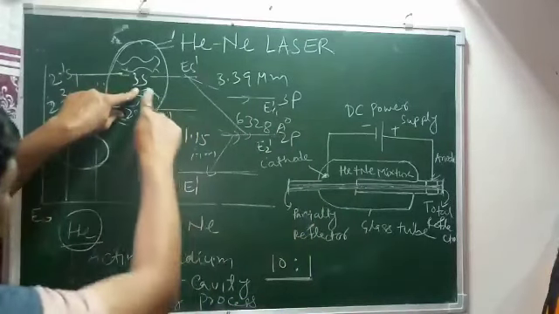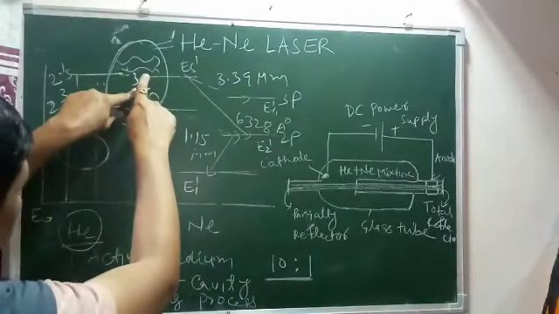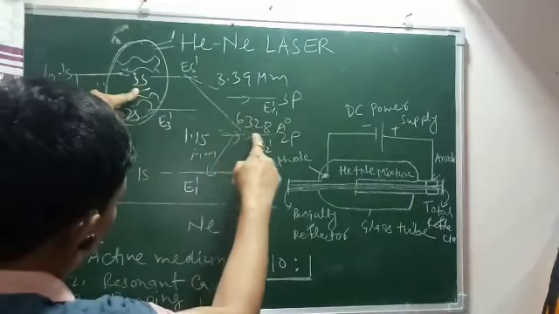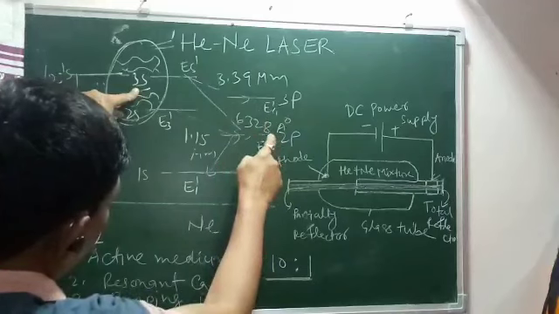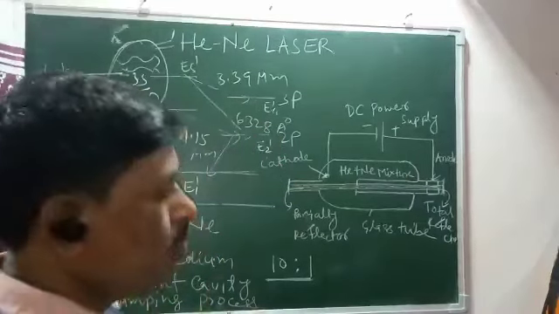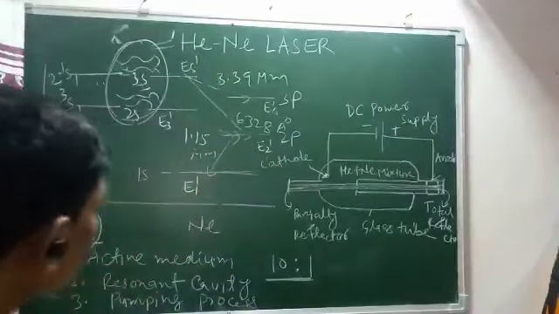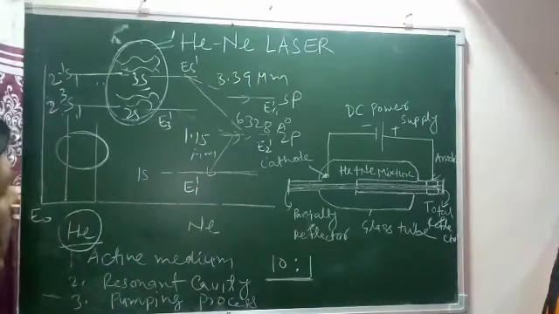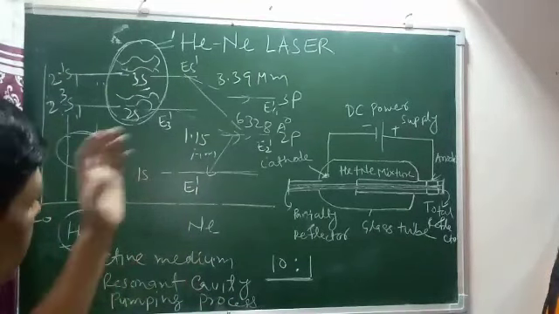But the transition 3s to 2p corresponds to 6328 angstrom, which corresponds to the visible region. So in the case of the helium neon laser, we can obtain infrared radiation as well as